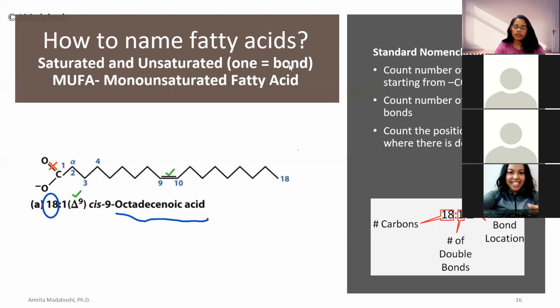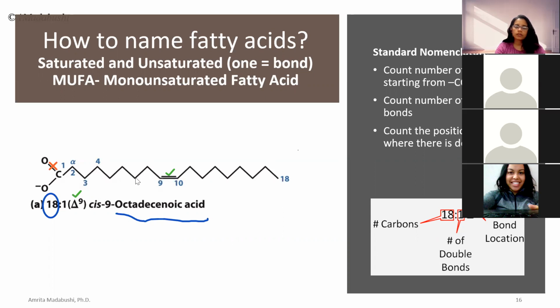So how to name a fatty acid? 3-step process. First step, count how many carbons are there. And always remind yourself, each of these corners are carbons. This is a carbon, this is a carbon, this is a carbon. Why is it not written? It's just tiring to write CH at all points. It's kind of obvious. So 1, 2, 3, 4,